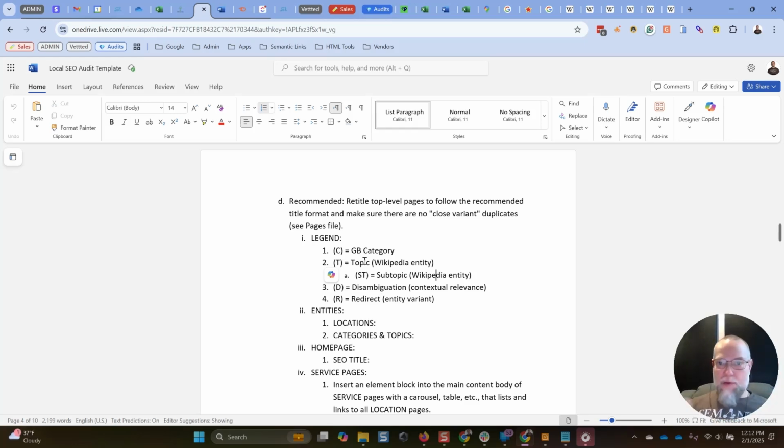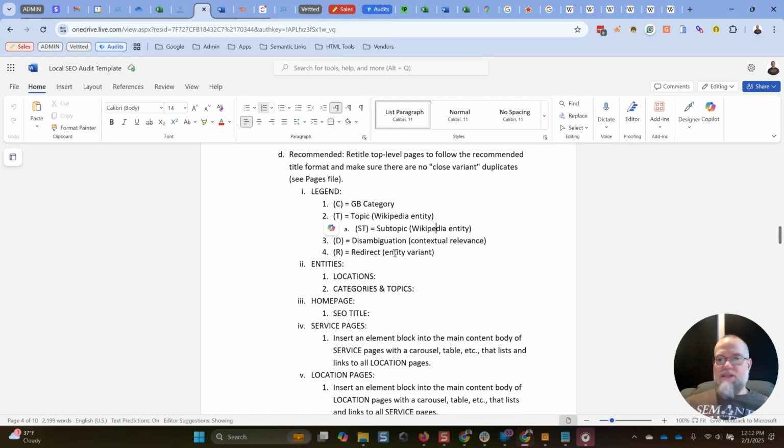Google Business Categories were created from Wikipedia entities or topics, sometimes multiple topics combined to create one category. And I'm going to demonstrate that to you in just a moment with some examples to show you exactly how Google Business Categories were created from Wikipedia topics. And then through the process of identifying the Google Business Categories, which is easy to do because all we have to do is look at top ranked companies for the specific product or service search queries that your client or the business wants to rank for,